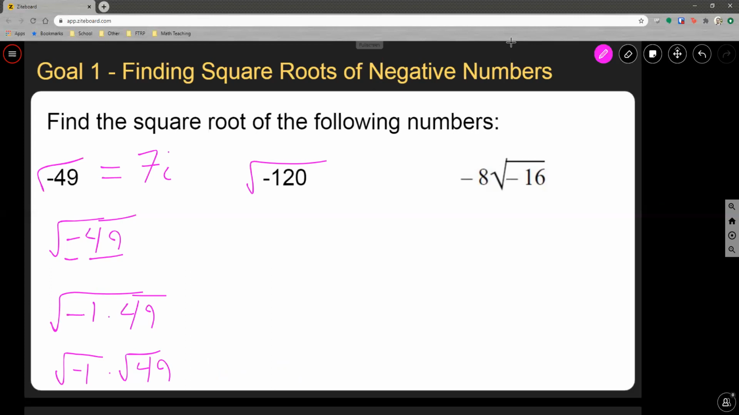All right, so -120, if I take the square root of that, that's going to be a little bit tougher because 120 is not a perfect square. But again, I know I can break this into the square root of -1 times the square root of 120. The square root of -1 is just going to be i. I can set that aside. And now dealing with the square root of 120,